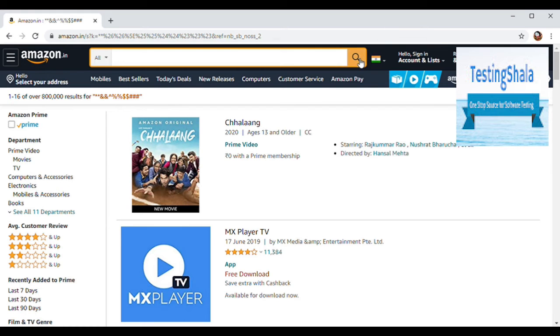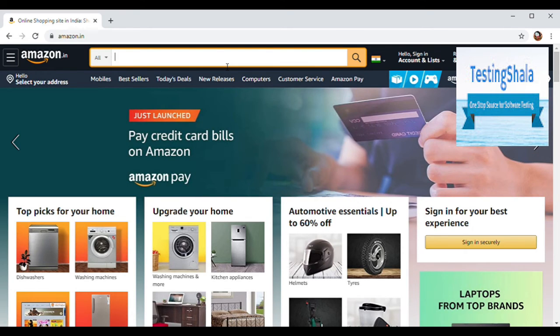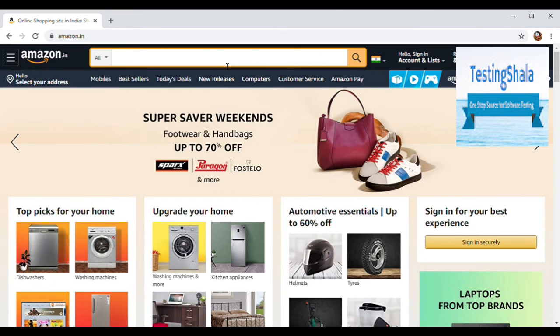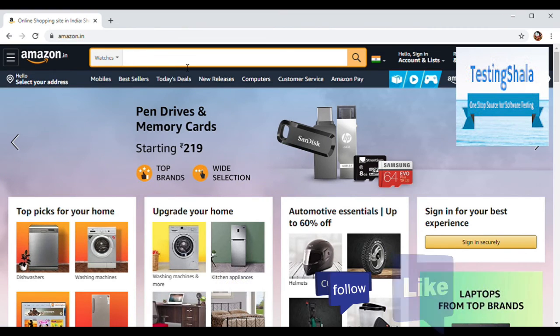I am hoping you're able to clearly visualize: without entering anything, if I click on the search button, then it is taking me to the home page. At least maybe that is how the requirement could be. That is also one more test case. Normally without entering anything, if I click on the search button, it should say enter the value in the search box. That is another test case we should write.